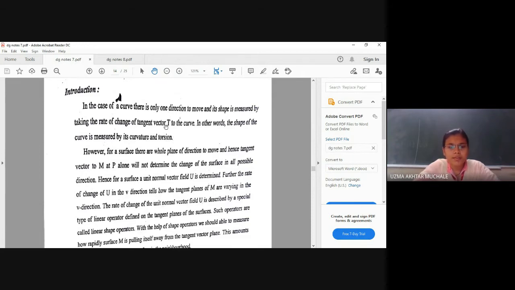If you remember, curvature k is nothing but the norm of T dash. Okay, what is curvature k? Norm of T dash. How do you find N? N is nothing but T dash upon norm of T dash. What is the formula for T dash? T dash is equal to k into N. What is k? k is the curvature. Okay. So suppose you have a curve like a helix. At that time, if you are going to move like this, at every point you can find out the normal, tangent, binormal, and these are going to form a frame field.